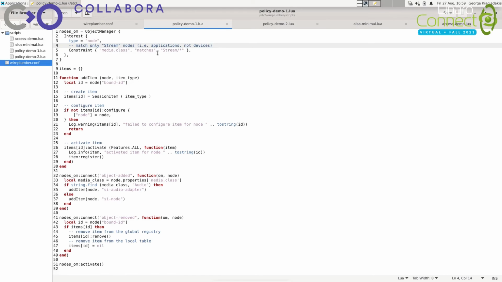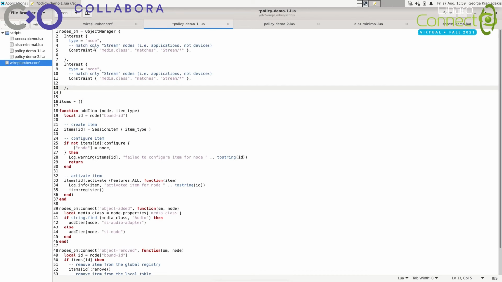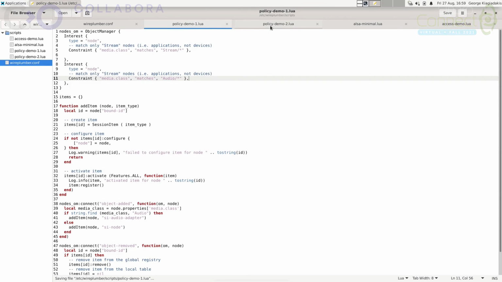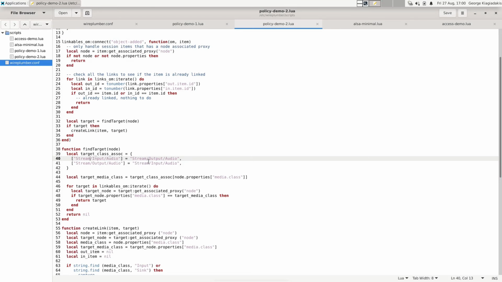First of all, I need to create session items for these nodes by declaring an additional interest here on the audio media class, Audio/Sink and Audio/Source. And second, I need to go into the second script and try to match streams to audio devices instead of matching them to other streams. So an input stream is going to link to an Audio/Source, and an output stream is going to link to an Audio/Sink. And by doing that and restarting WirePlumber,